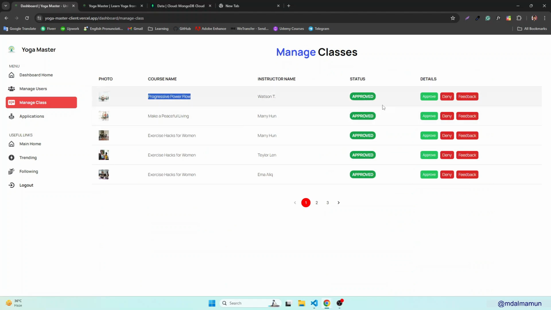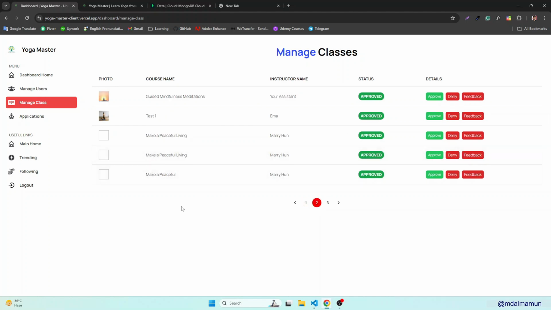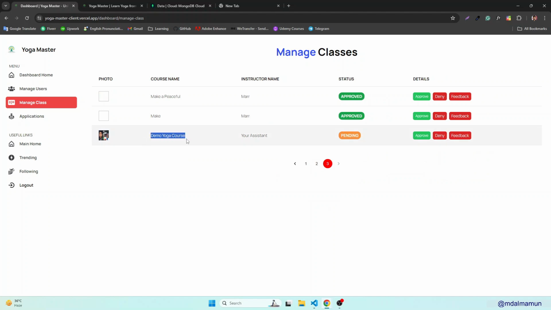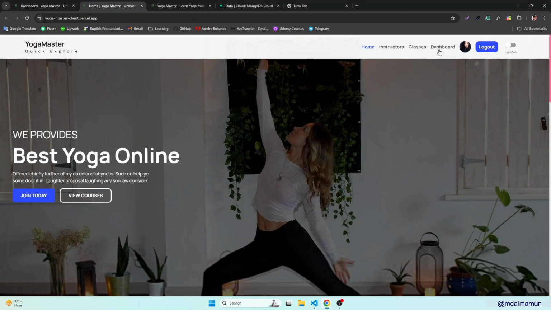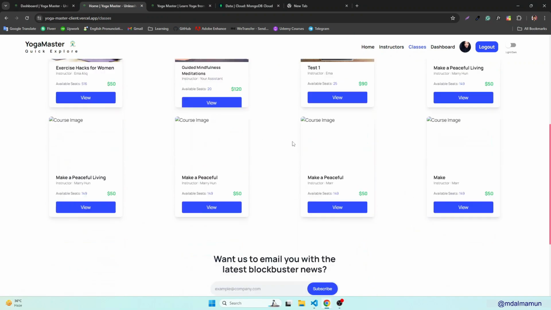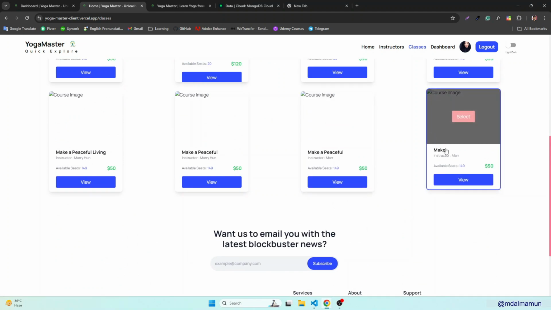Okay, then you can have manage classes. You can see the approved classes. If you click this deny, then this class will be disapproved, and here you can see the last classes that we uploaded in these sections, and we can either approve them. If we approve right now, let me show you a little thing. I'm just showing you. So here if you go to the class section, right now you can see it's there,